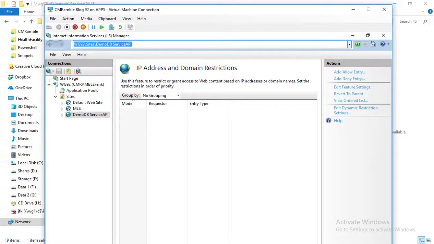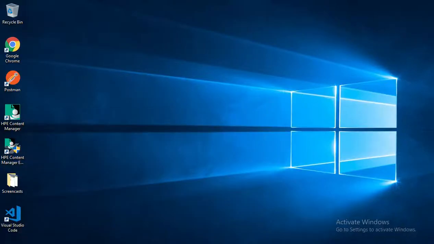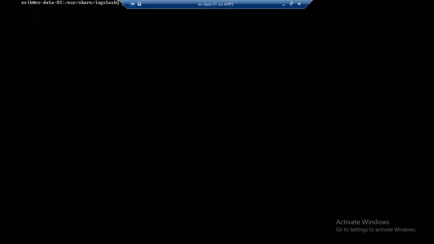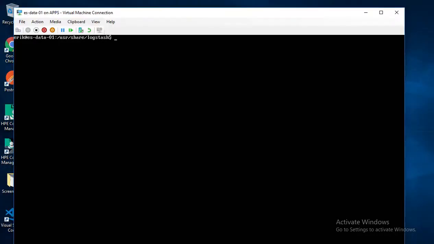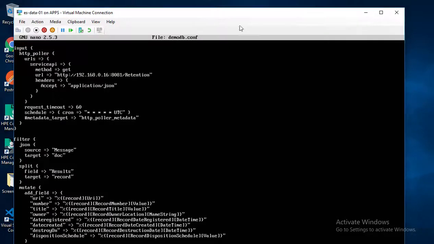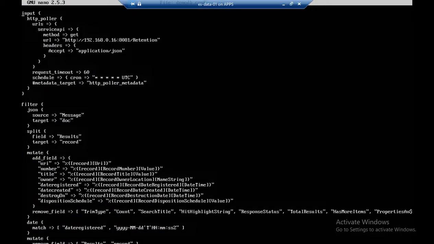If I flip over to my Logstash server, this is an Ubuntu server. I've already got an example Logstash configuration file. I'm going to copy that. So I'm going to copy my retention configuration file to the demodb configuration file. And if I take a look at this demodb file, I'll give you a quick few glances at it. What's in here is you can see I've got three things inside of this: